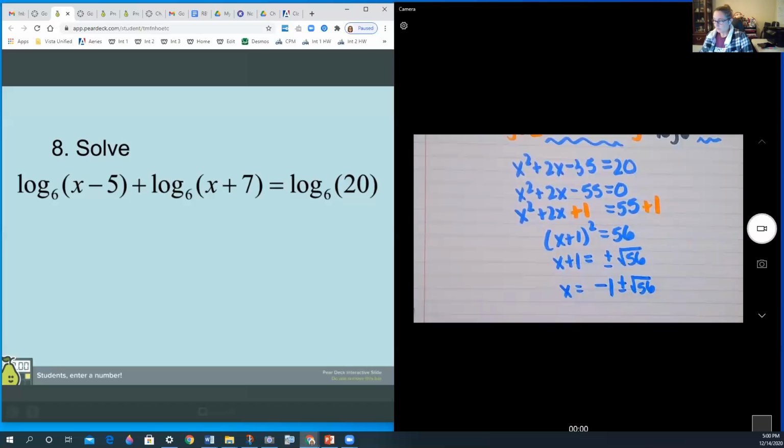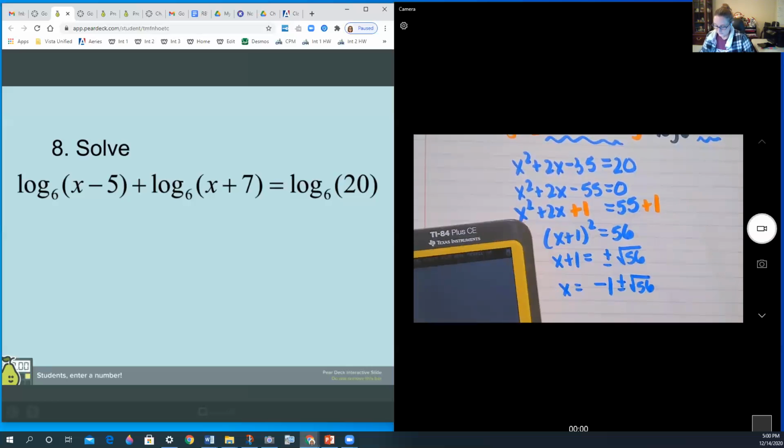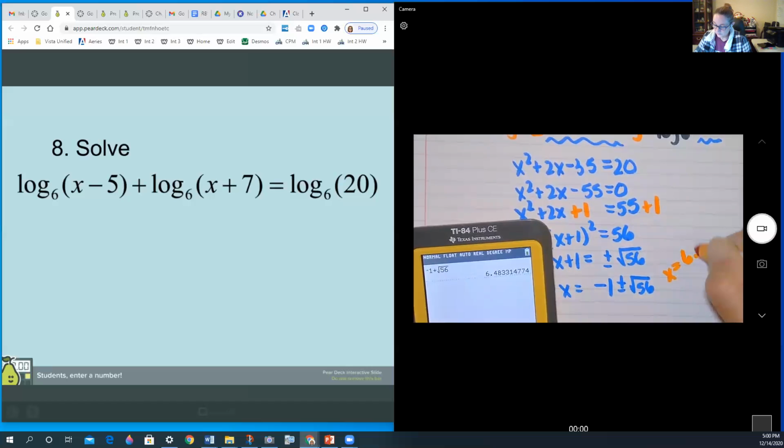Let's see what I get as a decimal here. When I put that in my calculator, -1 plus the square root of 56 is going to give me 6.48. And if I put it with the minus, that's going to give me